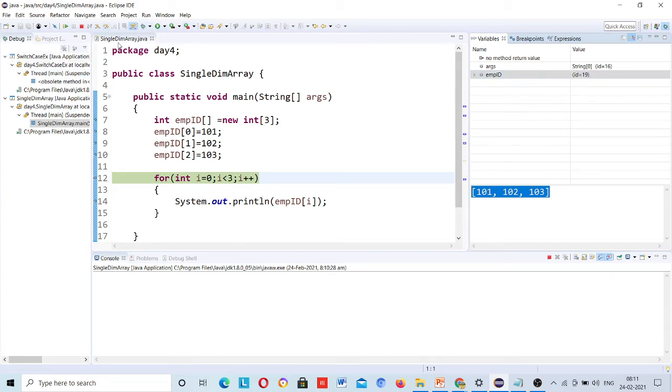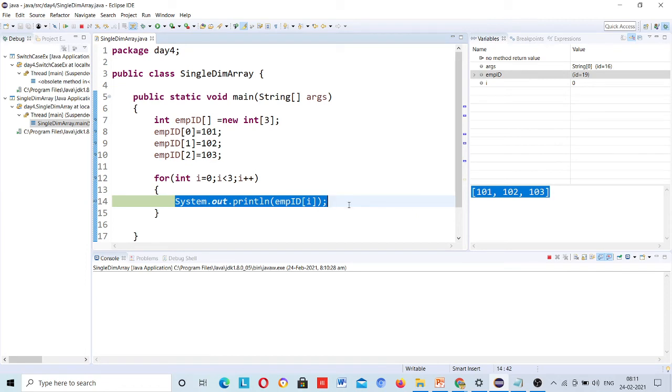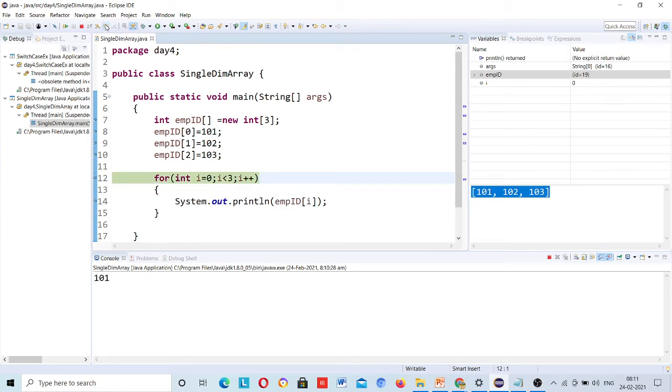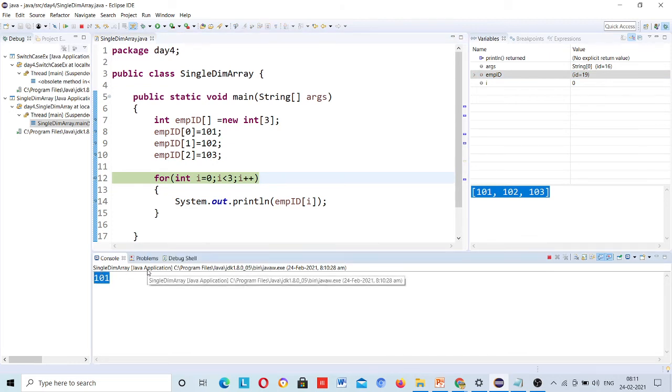Now see here, I value is 0. Okay, then it will come inside because 0 is less than 3. So it came inside. You want to execute the line? Yes, then step over, it executed and printed 101.